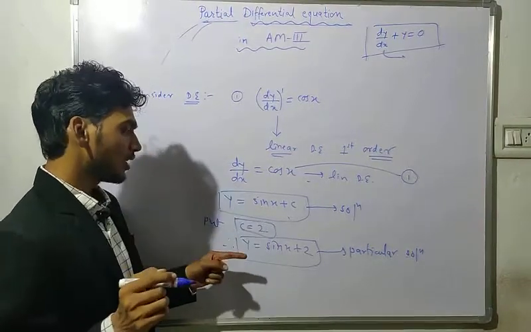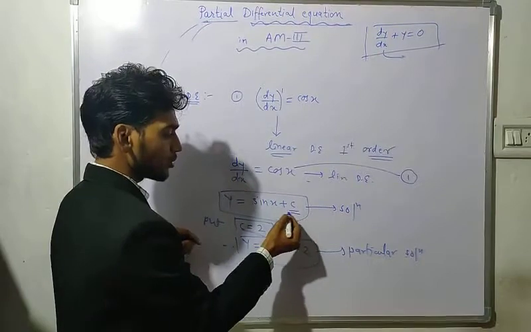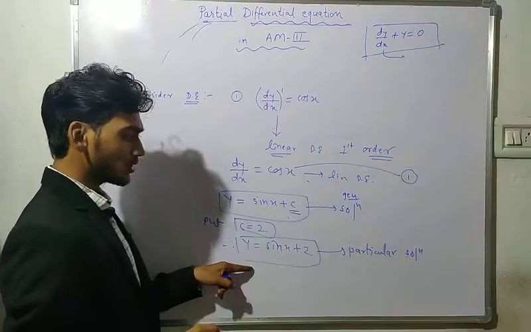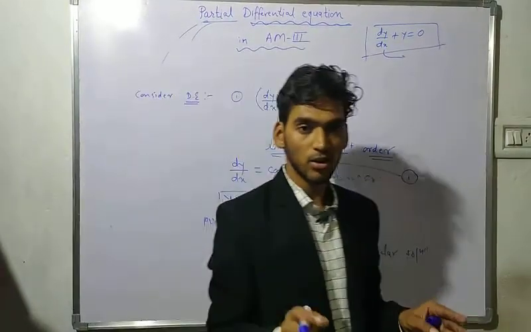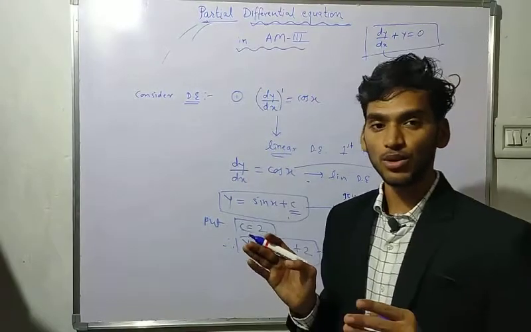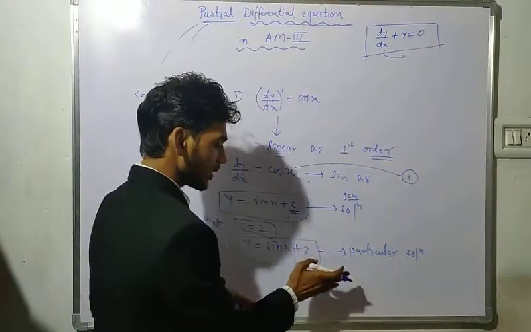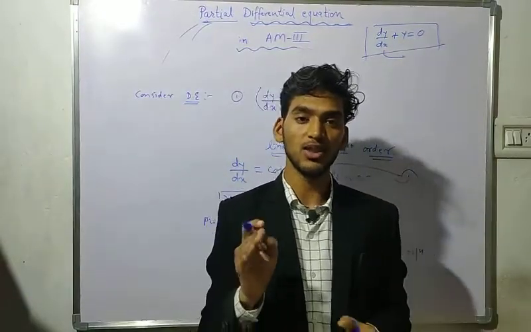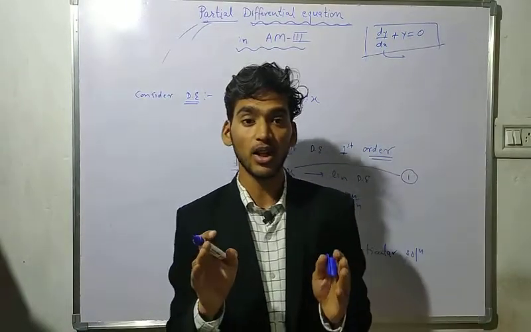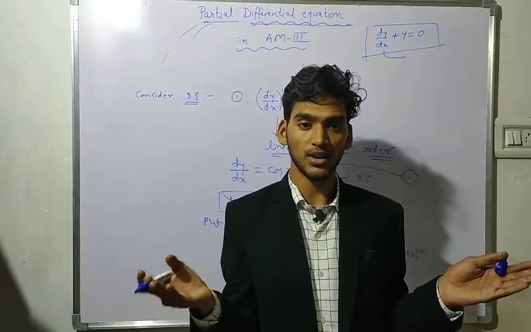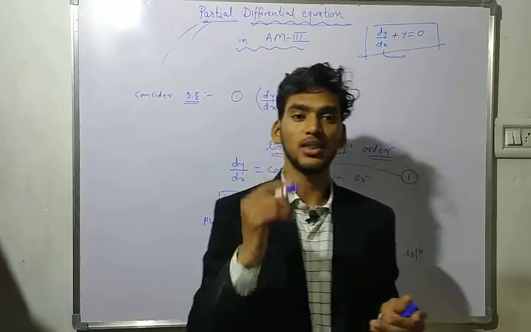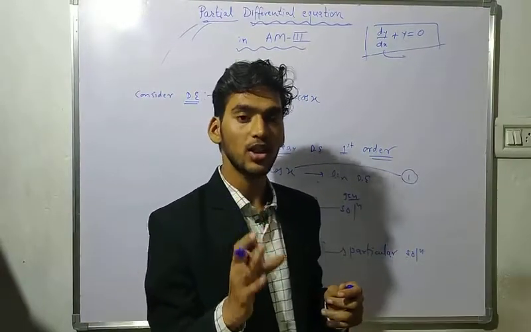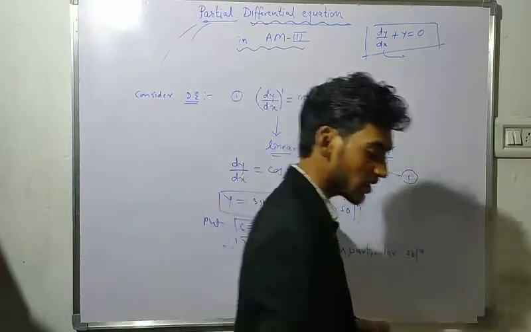Now here we have seen the general solution. The general solution contains an arbitrary constant, so it is a general solution. But here we have seen a particular solution. I have already told you we will discuss types of solution. So here it is a general solution and this is a particular solution. But apart from these two solutions, there exists one more solution. That is known as the singular solution. So let us discuss the example of a differential equation for a singular solution that we can easily construct.